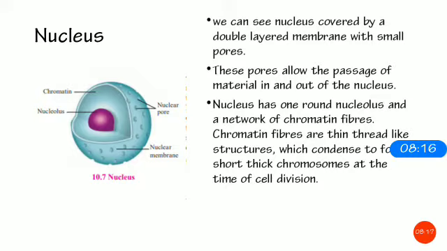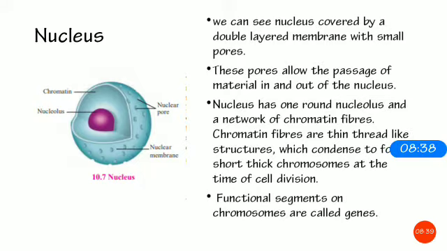Chromatin fibers are thin thread-like structures which condense to form short thick chromosomes at the time of cell division. Why these chromatin fibers are important: basically, when the cell divides you have to pull the DNA apart. So there the chromatin fiber plays a vital role, which we'll be seeing in the next standard. And the basic function of the chromosomes present in the nucleus is that they have genes,